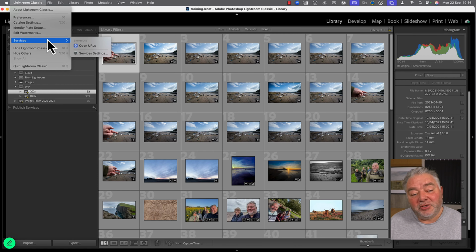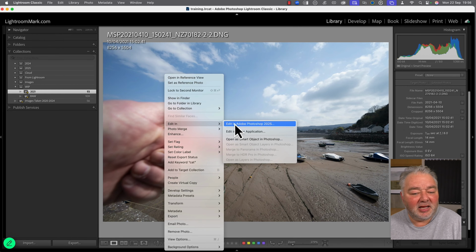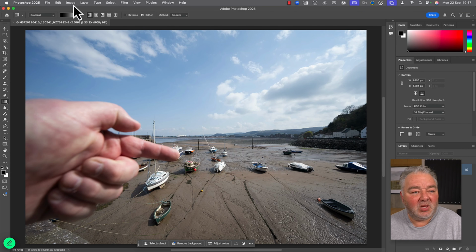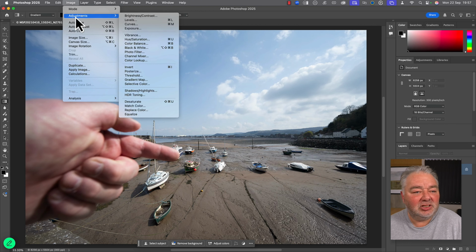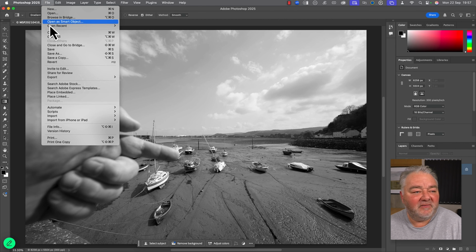And the beauty about Lightroom Classic, as I said at the beginning, is I'm going to leave Classic to another application, and all I do is I hit save. So let's just take this image and I right click, edit in Photoshop. I'm going to go to Photoshop. Okay, I'm now going to go adjust and make it black and white. Okay, now if I go file save,